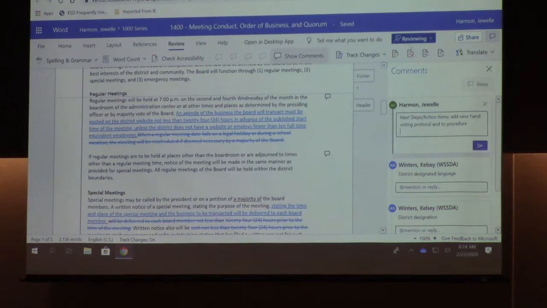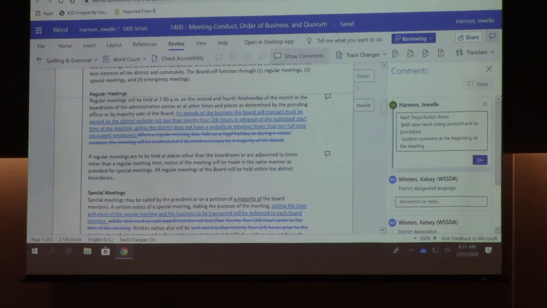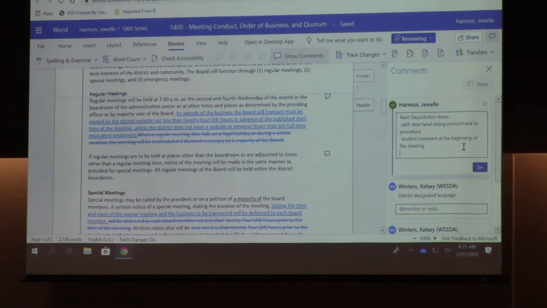I'm sorry. One of the things to also consider is, some boards will put a limit on the total amount of comments. I mean, we obviously wouldn't want to be here until 3 a.m. taking comments. That would be a very rare situation. So you could limit the total amount of time. With that, though, you want to limit each individual comment, right? And state how long each individual has to speak. We've done that once before, where we limited the total amount of time.